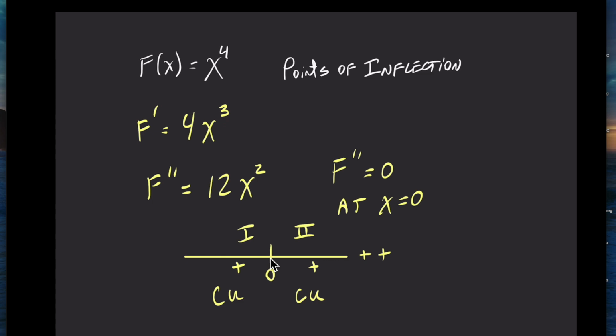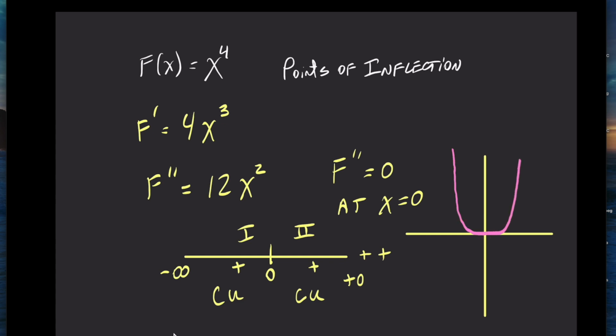If the question asks to discuss concavity, we could say it's concave up everywhere. Well, concave up from negative infinity to 0 and from 0 to positive infinity, but in terms of points of inflection, none exist. Folks, this is what this graph looks like. It's very similar to the famous graph f of x equals x squared. The only thing is, when it hits the origin, there's a little bit of a hug here, and then it